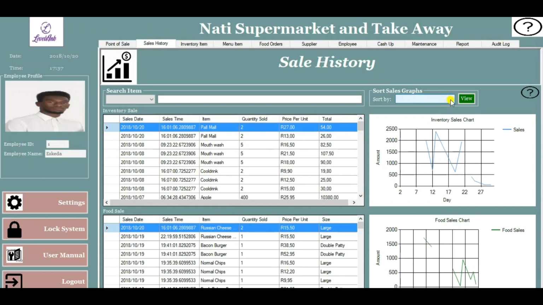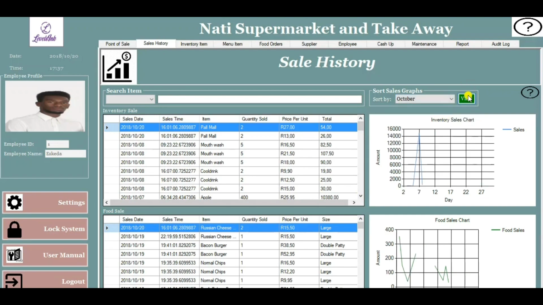Should the cashier or the manager want to actually sort the sales through graphs, then they may click on the sort by drop down. This will enable the